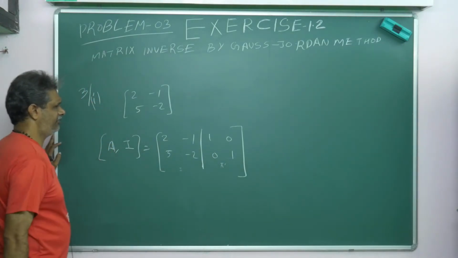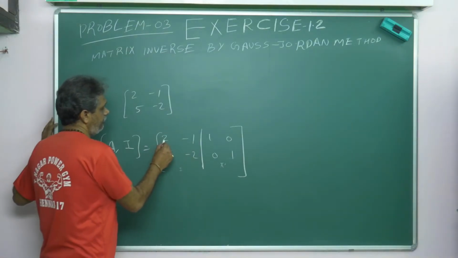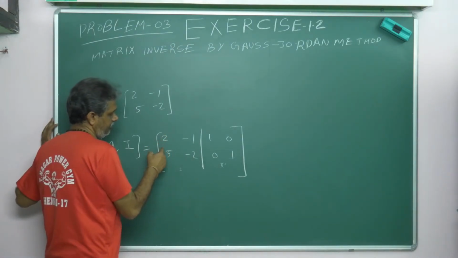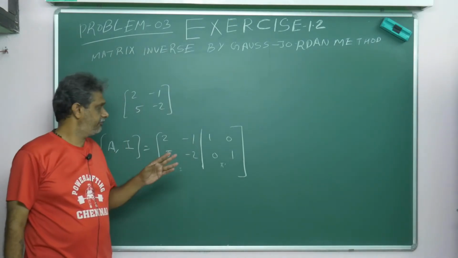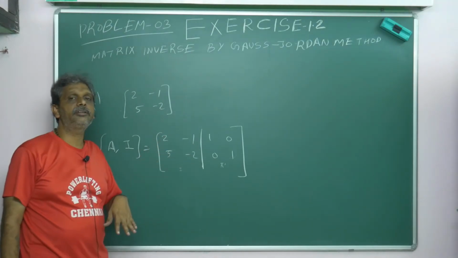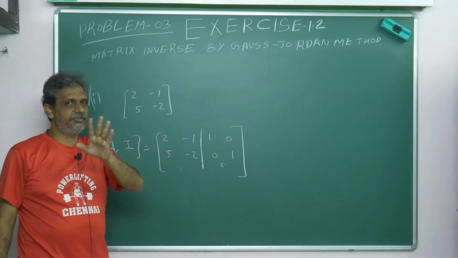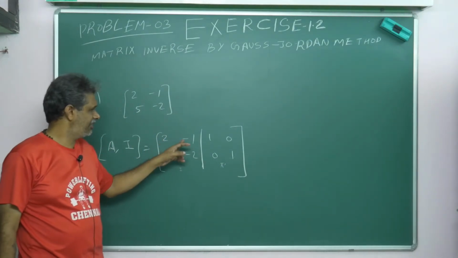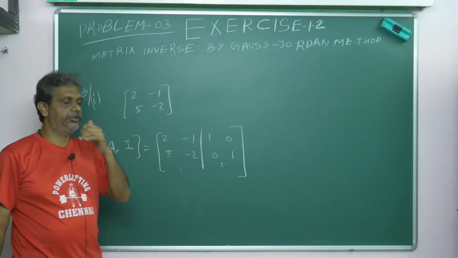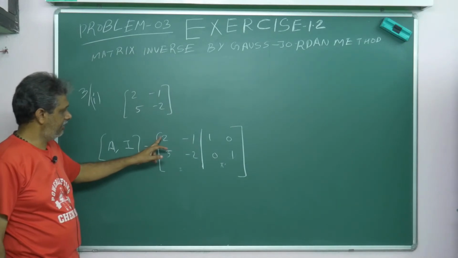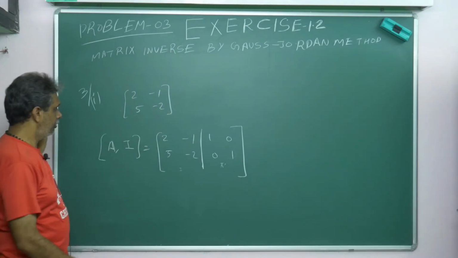You should not get confused, there is a lot of theory behind this, which is not required now. Now I want to make the first element 1 and the ones below it 0, but don't worry about ones. First keep the diagonal elements and make the remaining 0. Finally you can divide by the whole thing. Dividing the first row by 2 gives 1, minus 1 by 2, 1 by 2, 0 by 2, but I don't want to do that. First I will keep the diagonal element, and I want 0 here and 0 at the top. Then I will see what to do.